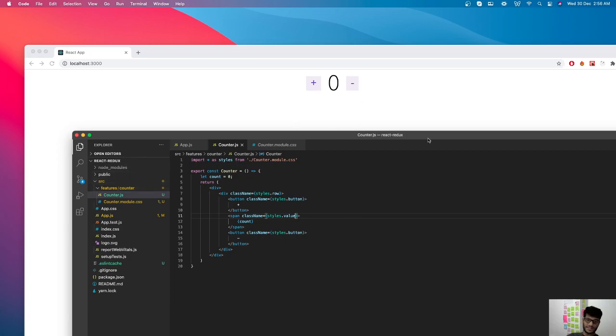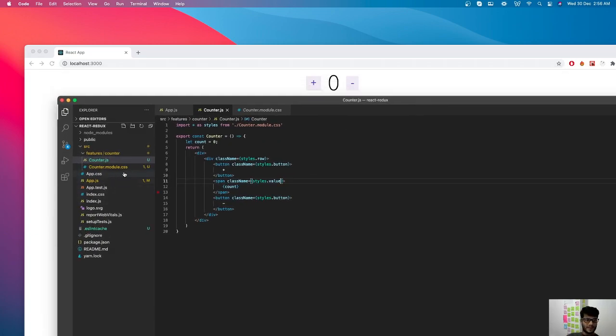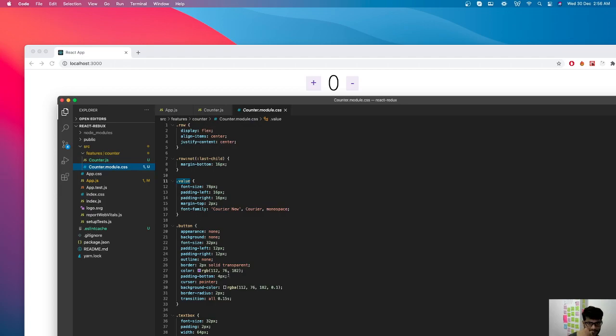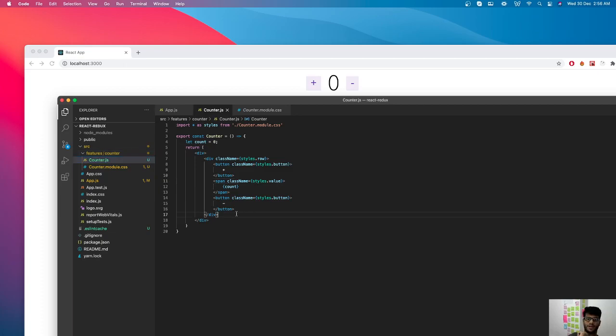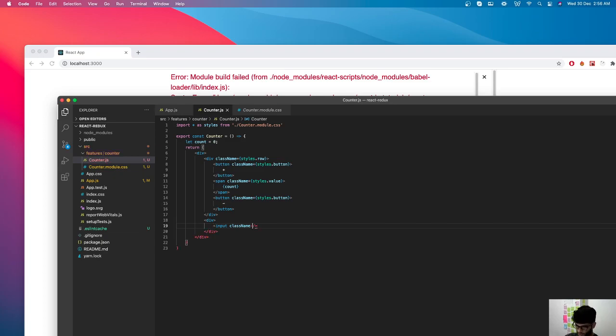Right. This is how it's supposed to be. So perfect. Is it value or is it something else? I don't know. I don't think it really matters. It really doesn't matter. Okay, good. Next, we want another div, and we're going to open an input over here. Input can be self-closing, like so. Class name equal to styles dot text input,